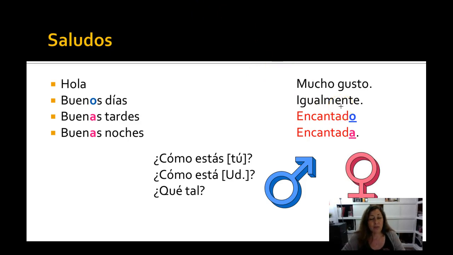It matters a lot which gender you are or identify yourself with based on what you're going to say. Everyone says mucho gusto. This one does not change, whether you're a male or a female. But I would never say encantado. Because I am female, I would only say encantada. If you are a male, you would only say encantado. Everyone says mucho gusto. So you're safe. If you're not sure what to do, say mucho gusto. Igualmente is like equally, right? Like same here, likewise, everyone says that one.